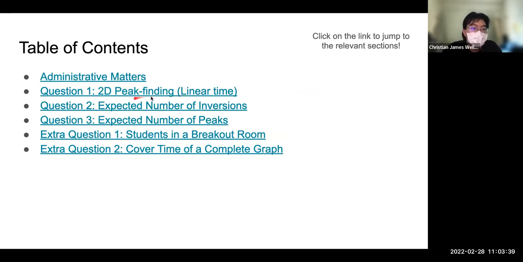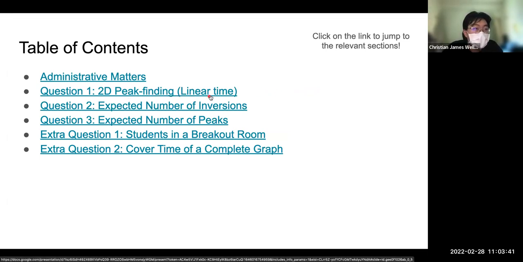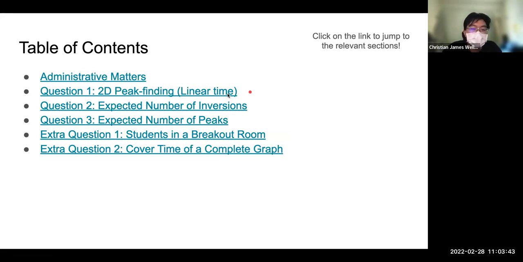First of all, I'll go through the 2D peak finding in linear time. We covered exactly the same question in tutorial, but we solved it in m log n time. So we try to push it down to O(m plus n). Then question 2, expected number of inversions. This was actually a question I prepared last semester, but it turns out that